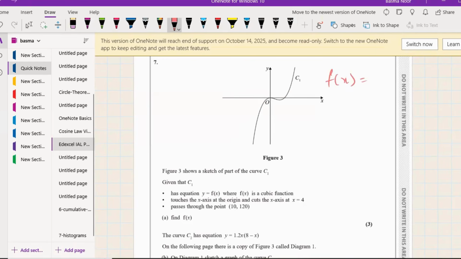You know cubic functions appear like that, x cubed thing, right? We don't know the other details, so let's just see what it is. Second thing is it touches the x-axis at the origin and cuts the x-axis at x equals 4. Okay, it is touching the x-axis at the origin, like it's taking a bounce at the origin and then cutting the x-axis